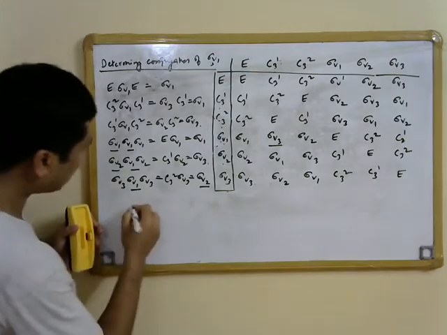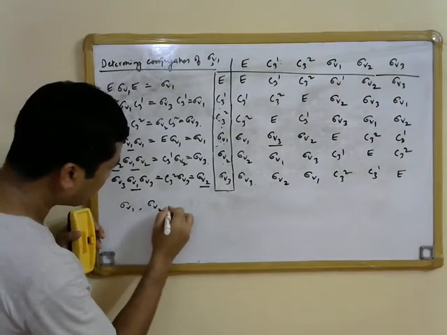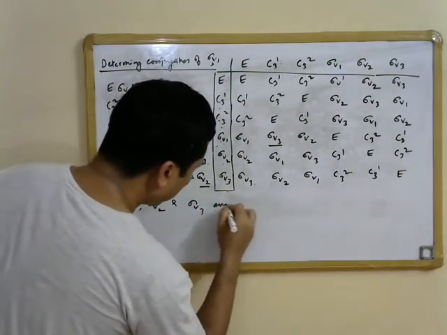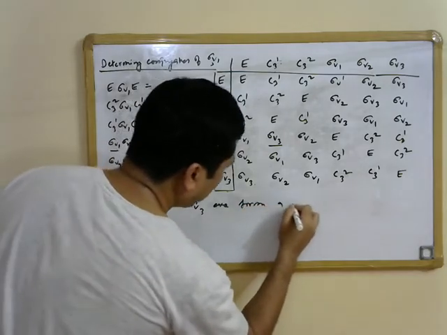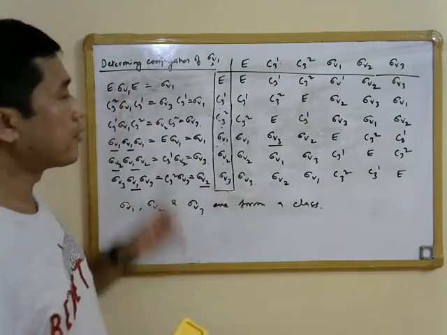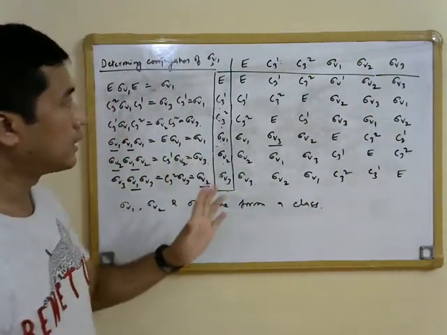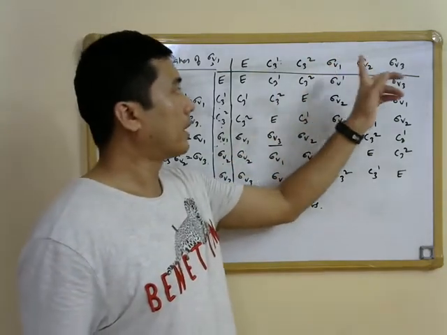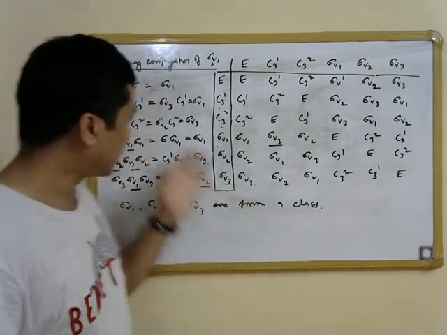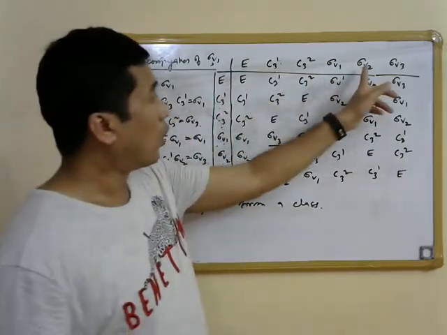What we can say from here is that sigma v1, sigma v2 and sigma v3 form a class. If we find the conjugate of sigma v2 as well as sigma v3, we will get answers equal to either sigma v1, sigma v2 or sigma v3 only. You can check this by doing the similarity transformation on sigma v2